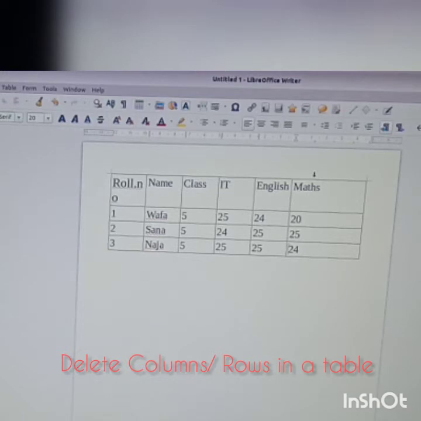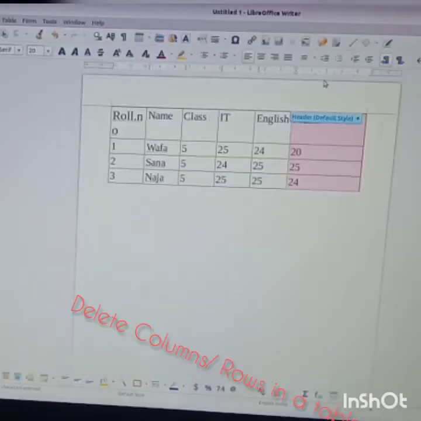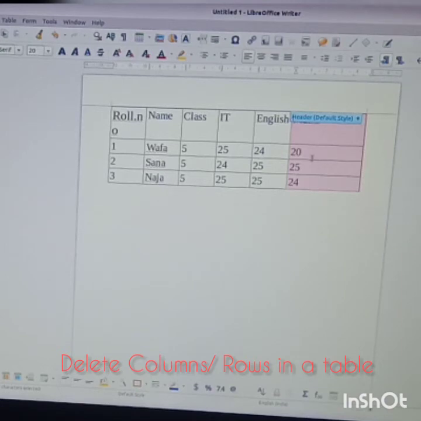Selecting means when you select, this pointer will change to black color. Then you click there. Then it will become a pink color, right? That means it is selected to do anything. Okay. So this was selected and deleting also over. So inserting and deleting of rows and columns are over. Now what we have to do?